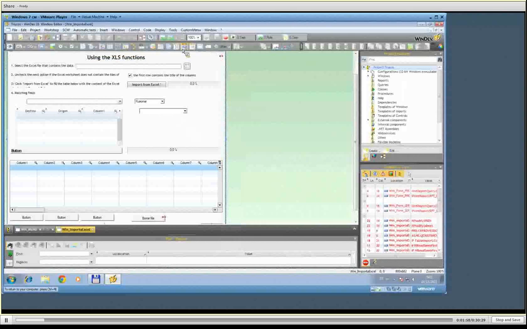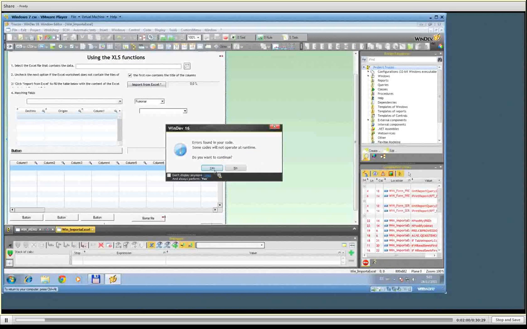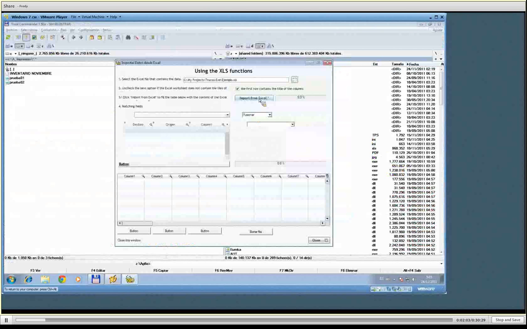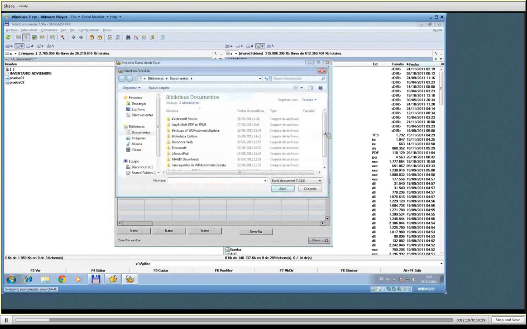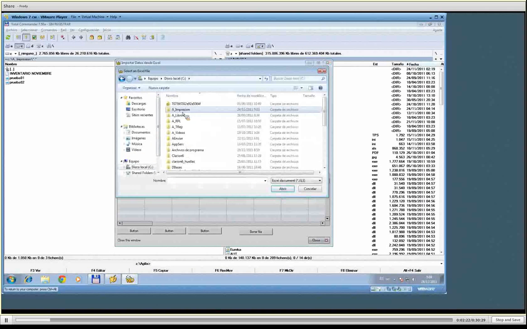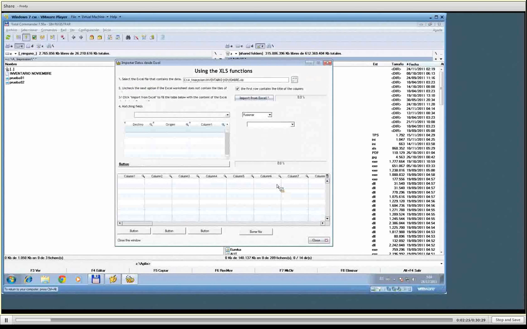I will show you the program, okay? This is the function. The first step, I put the step in order that any user, including USB user, can use this function. The first step is to select the Excel file. The other good feature about this function and with WinDev is that you don't need Excel installed in your machine